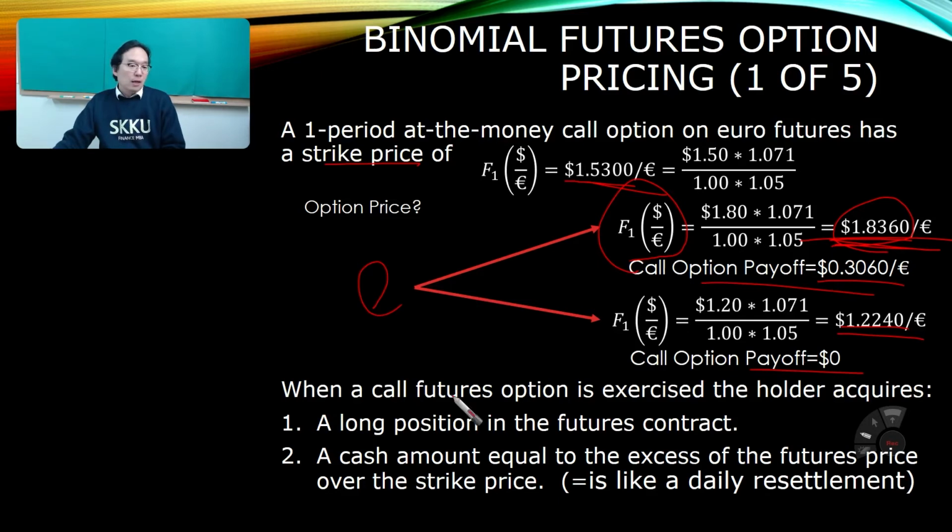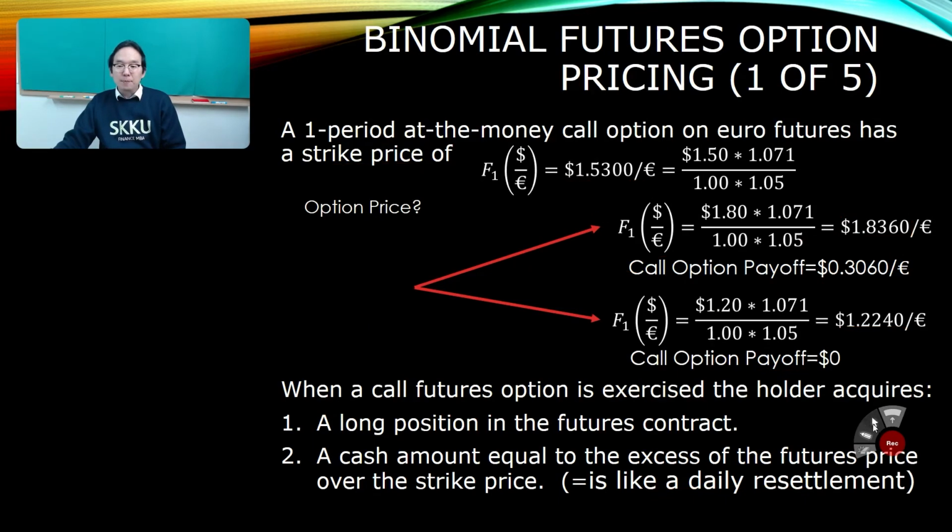Make sense? Now, when a call futures option is exercised, the holder acquires a long position in the futures contract. Okay. You're buying that futures contract at the cheaper price, okay? And the cash amount equal to the excess of the futures price over the strike price. It's like a daily resettlement in the futures market going on, all right? Now,